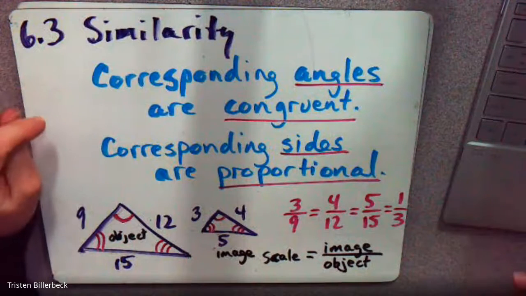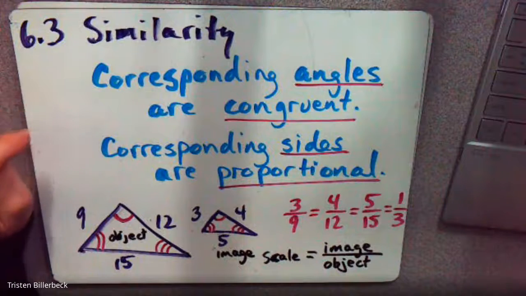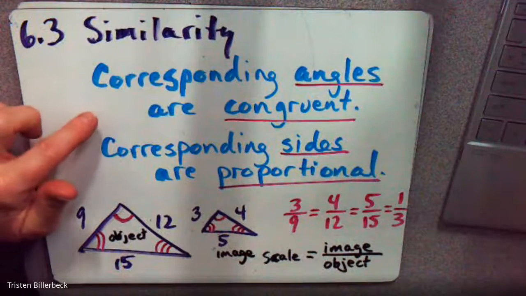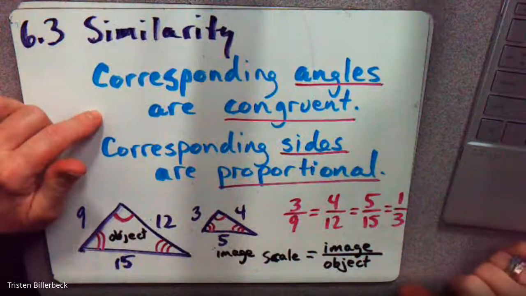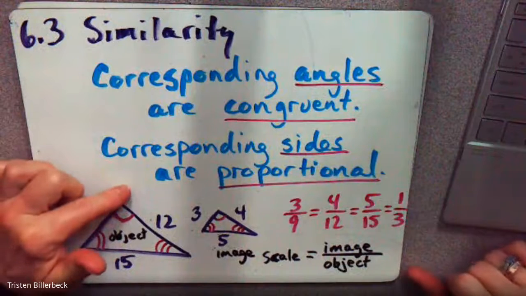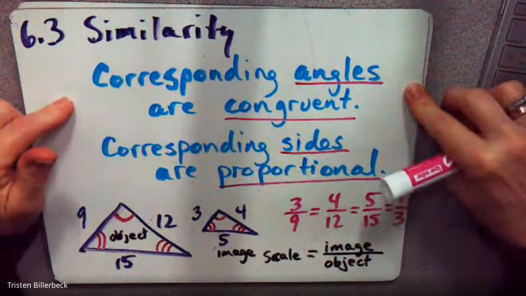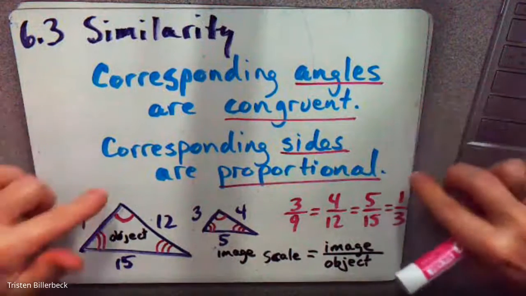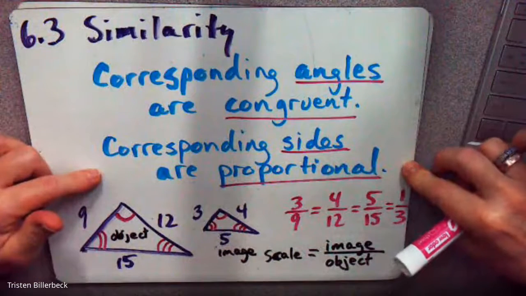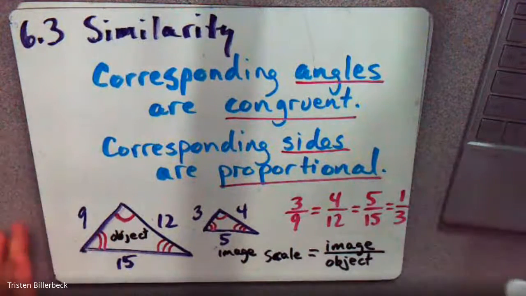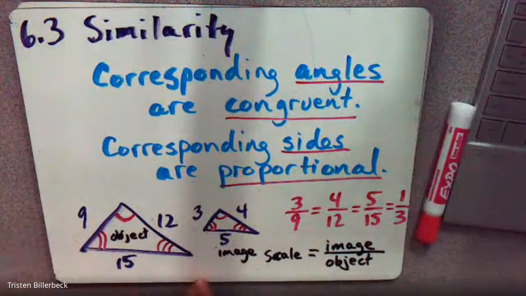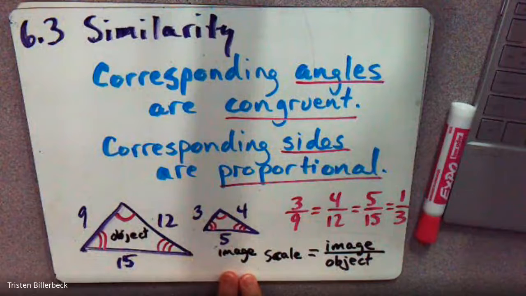So the most important things to think about when we think about similar shapes is that corresponding angles are congruent and corresponding sides are proportional. Okay? Corresponding angles are congruent, corresponding sides are proportional. All right, so if we look at two different triangles here, this is the object and this is the image,